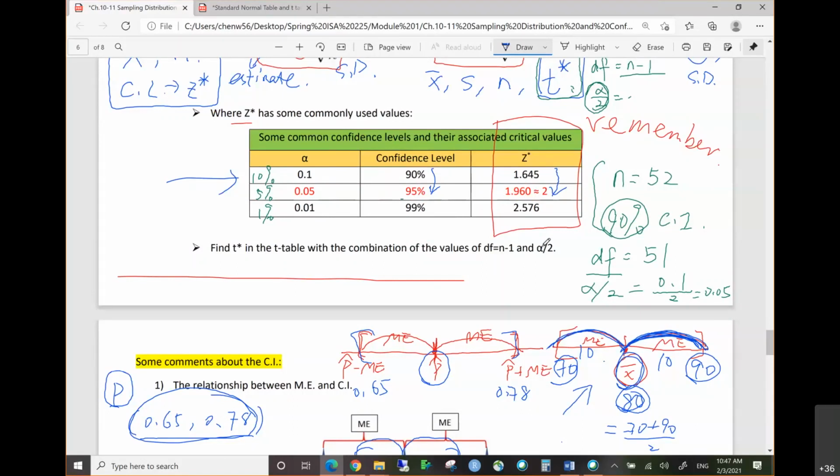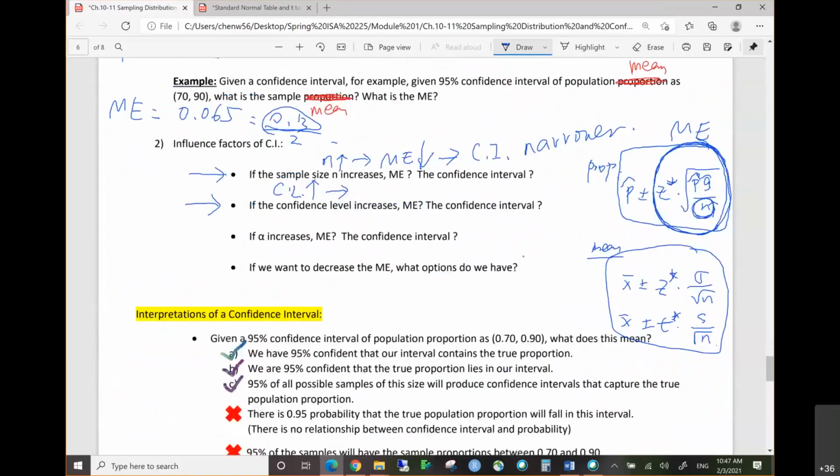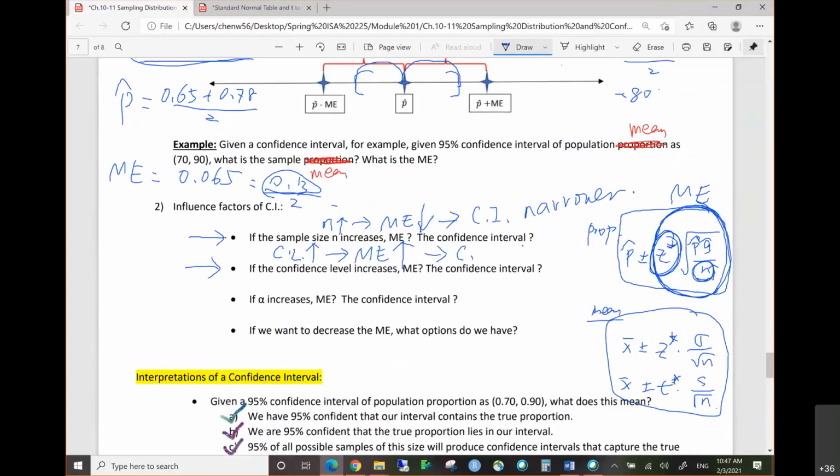If the Z star increases, that means you are multiplying a bigger value, so the margin of error will also increase. That means your confidence interval will be wider,